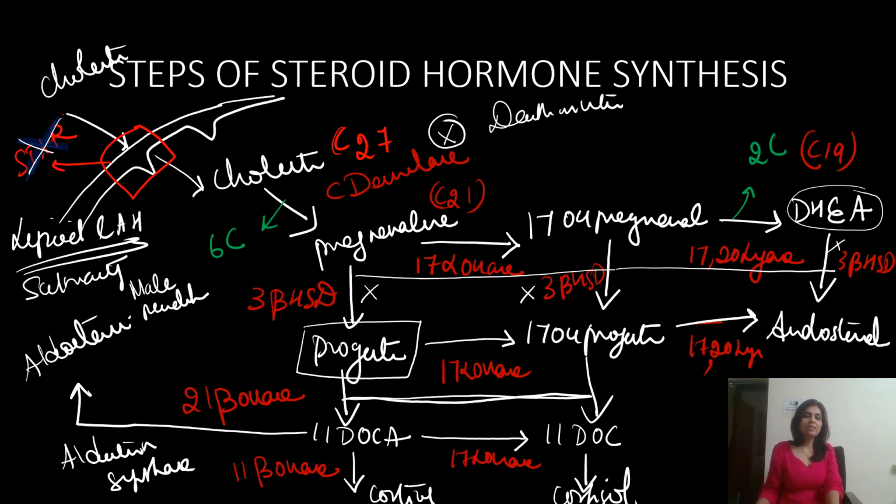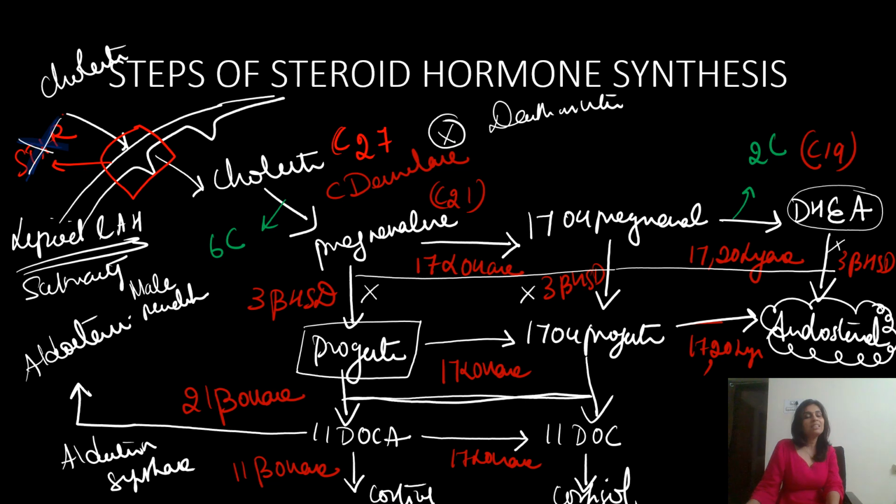ACTH stimulates adrenal cortical cells to take up excess cholesterol. The excess cholesterol will be diverted towards forming... The block is here. So everything will be diverted towards forming androstenedione. Do you understand this? So the difference between 3-beta hydroxysteroid dehydrogenase defect and 21-beta hydroxylase defect is, in 3-beta hydroxysteroid